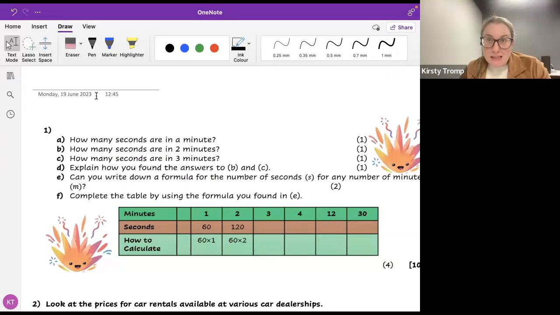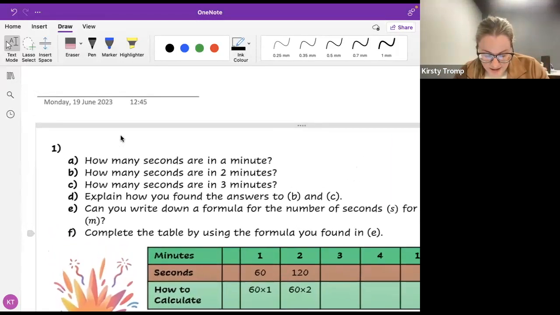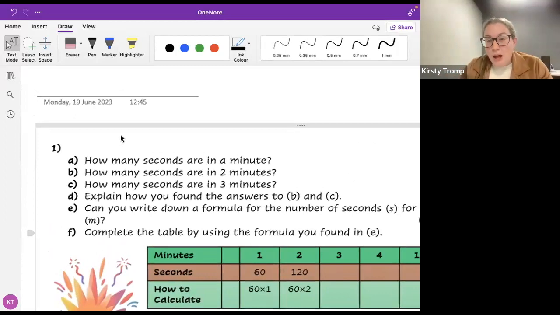I'm going to make this a little bit bigger because I can see some people straining their eyes to be able to see. Some of the questions that we're going to do tonight are going to be word problems, so that's good practice for you. Question 1 says, how many seconds